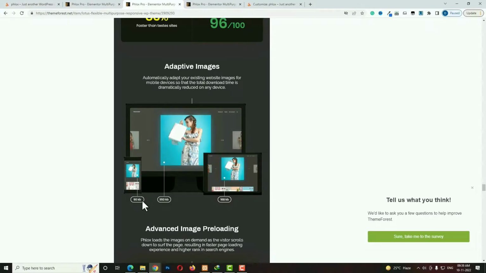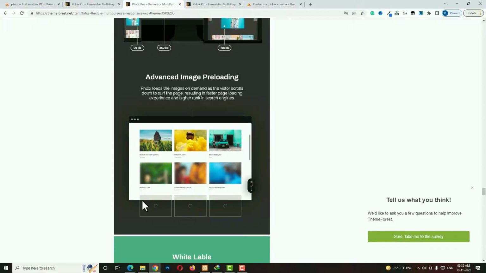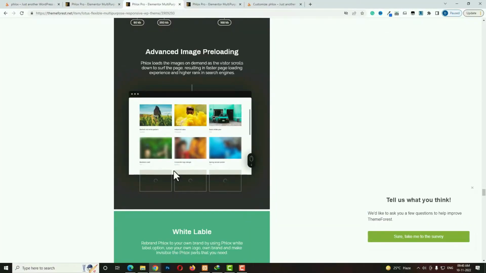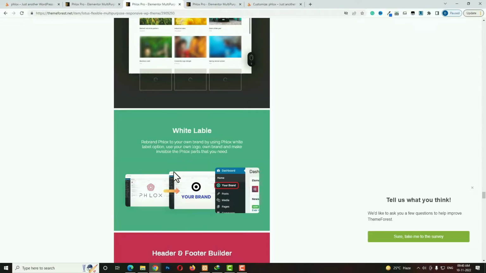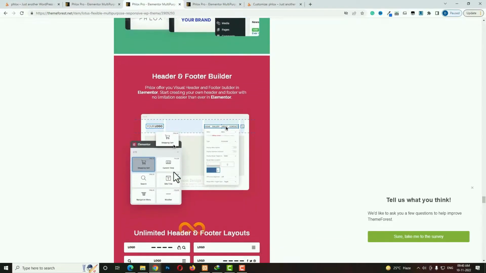That really helps you to improve your page loading speed. Also, this theme comes with image preloading features, meaning whenever you are scrolling, the image will load at that time only. That really helps make the web browsing experience very smooth, and the page will load at very high speed. Don't worry,